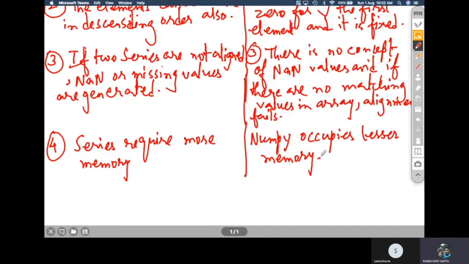Then we have seen the operations that can be done on the Pandas data frame, and the different types of accessibility that we can perform on data frames as well as series. Apart from that, we have learned about different attributes of both series and data frame objects, right?